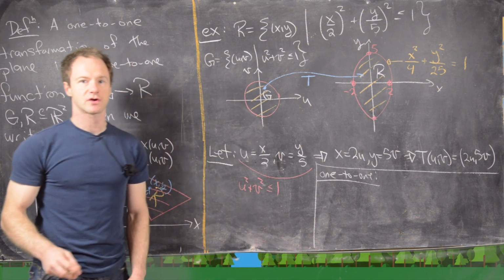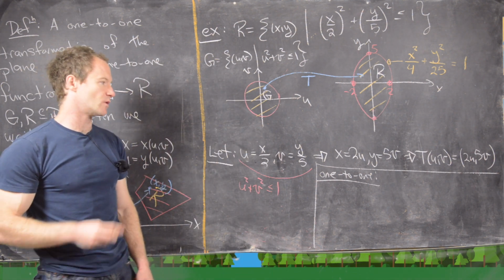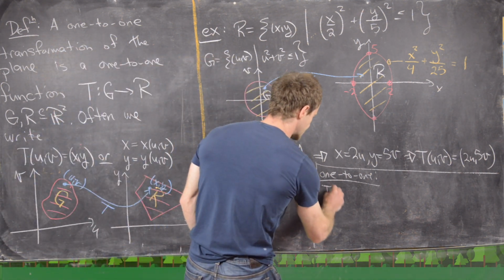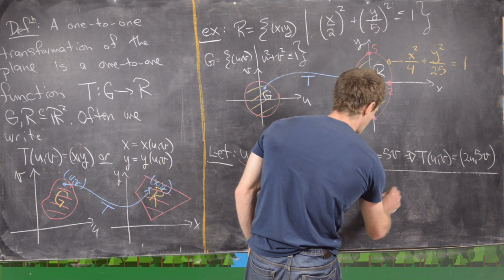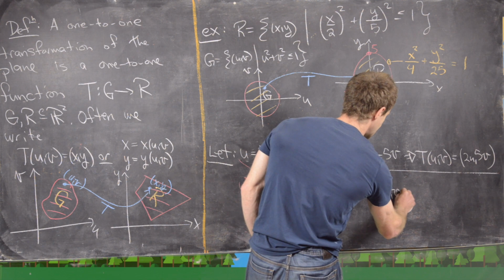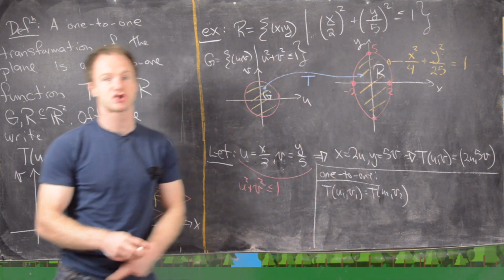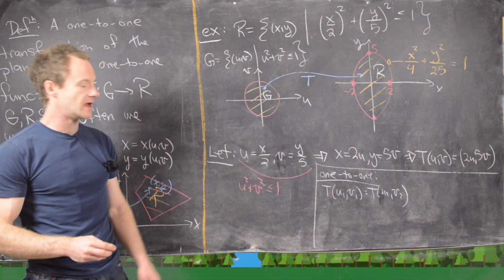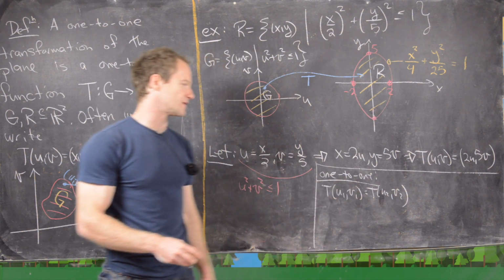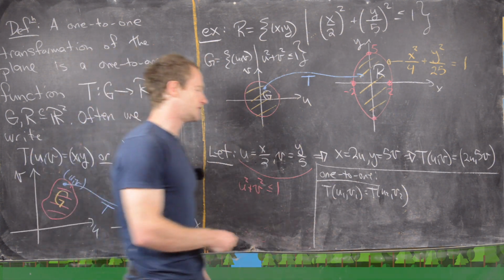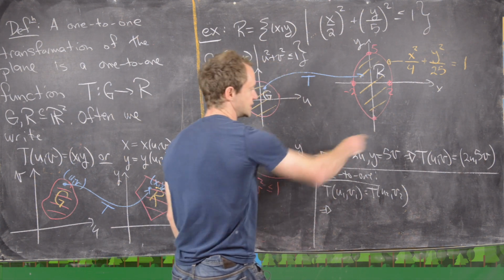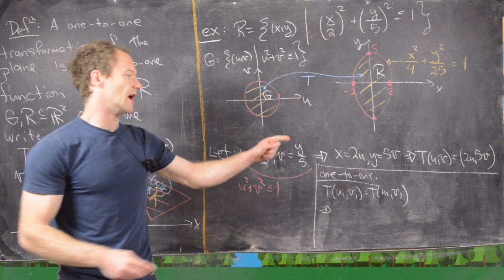Okay, so just recall, how do we show that something is one-to-one? Well, what we do is we set T of u1, v1 equal to T of u2, v2. In other words, we try to show that it's not one-to-one, and then we'll end up with u1 equals u2 and v1 equals v2. So in fact, there's not much to do here because this function is so simple. Notice we get